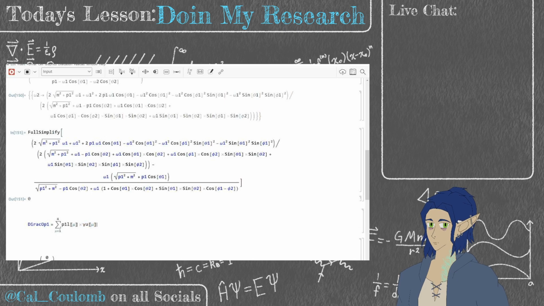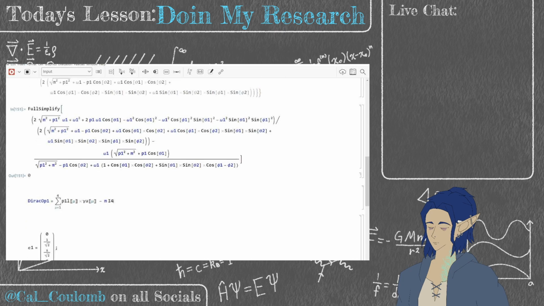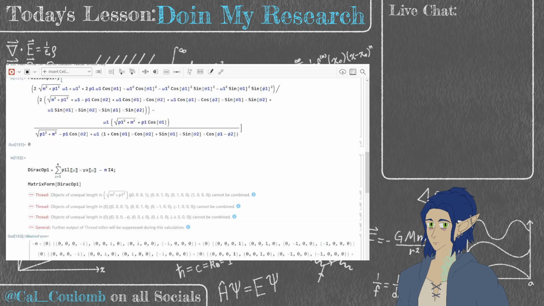And then minus M, and we need this to also be a matrix valued term, so I multiply it by the 4-dimensional identity matrix. So if I just do matrix form, Dirac op 1 should be,